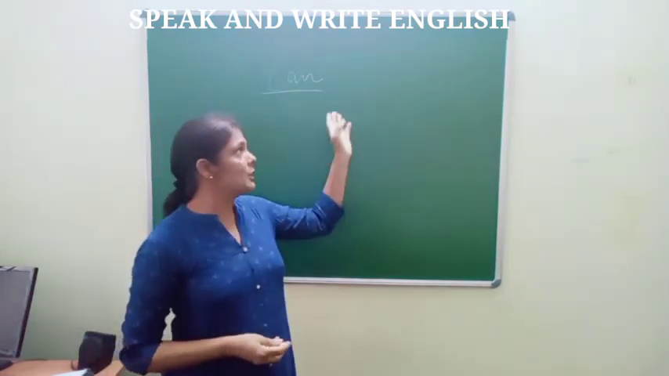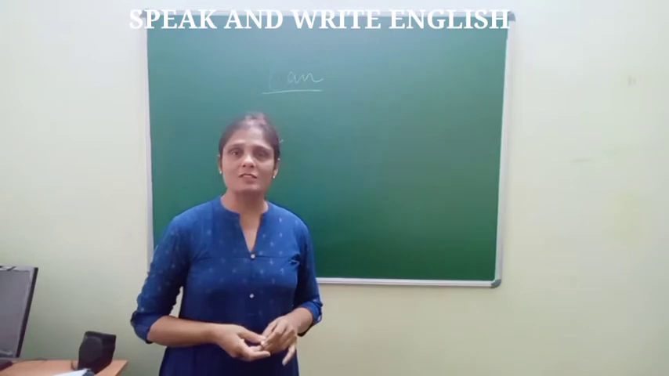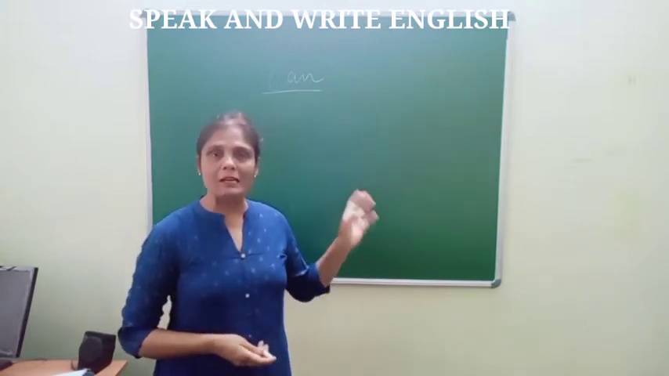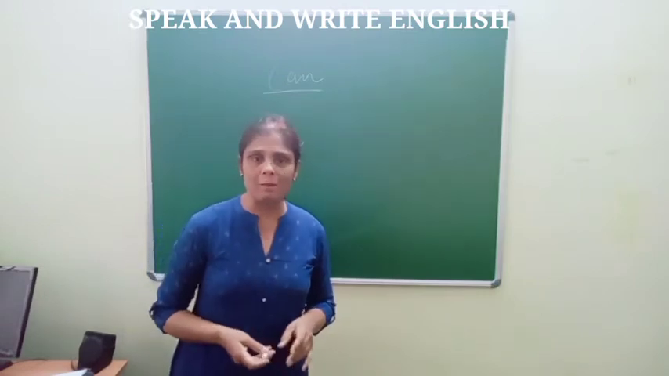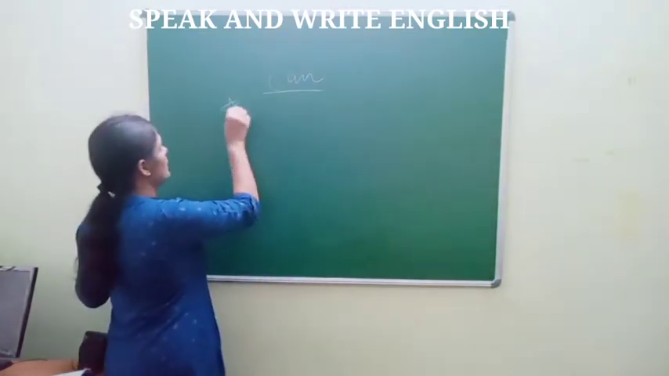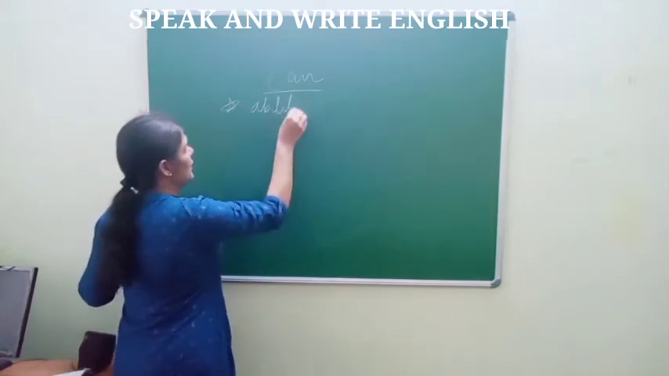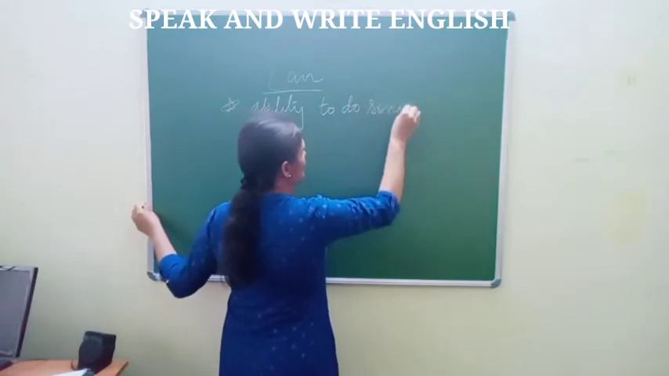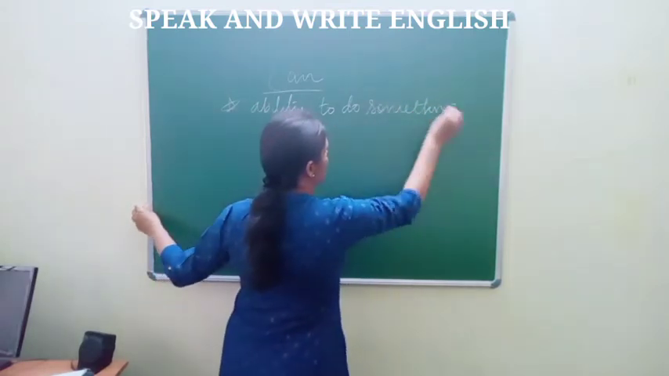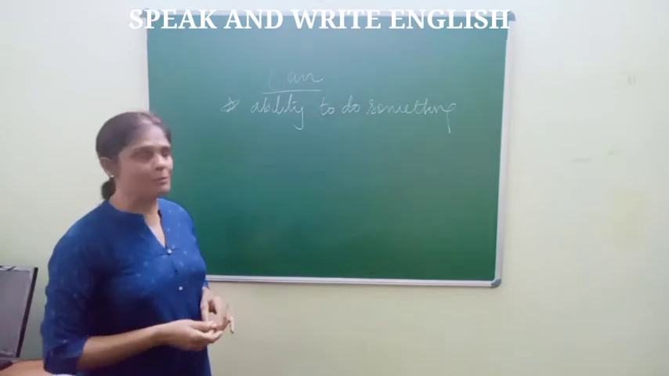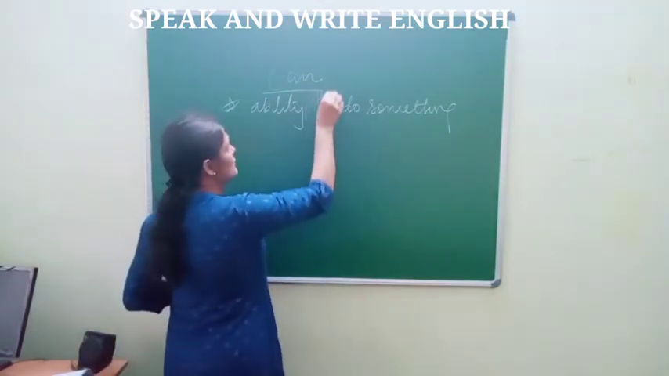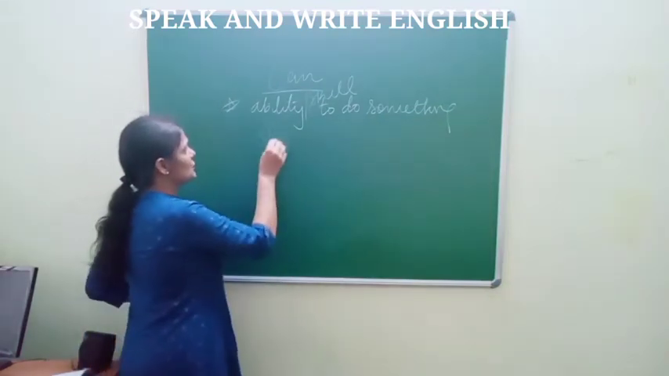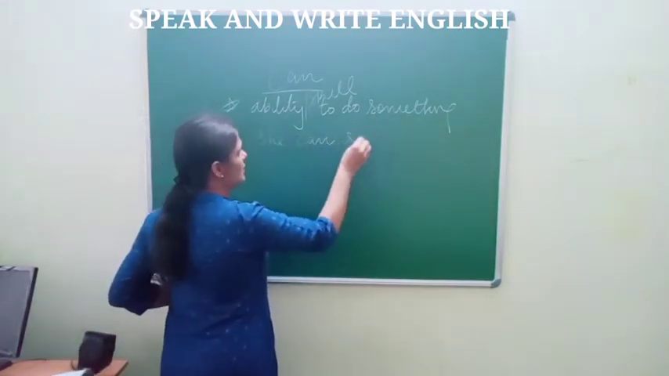Come, let us understand where the modal can is used. As I told you, the modal can will be used when you are going to talk about an ability of a person, that is, the ability of a person to do something in the present. It talks about the ability to do something. Ability or a skill also you can take. Skill to do something. For example, she can read